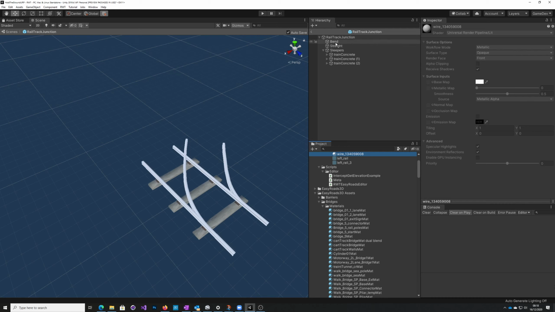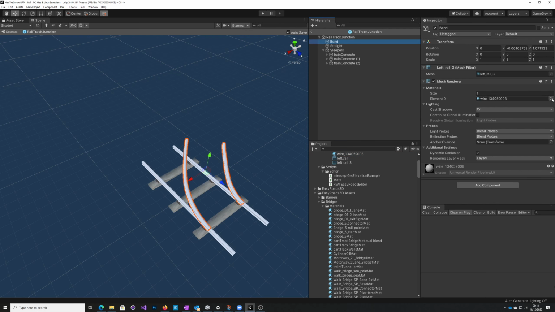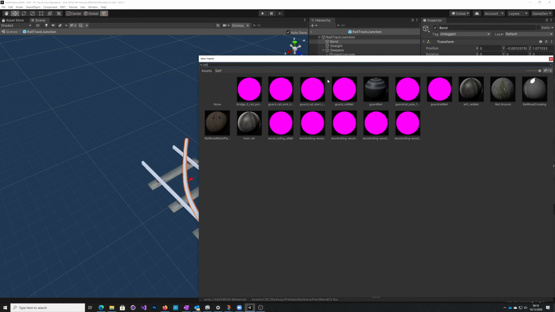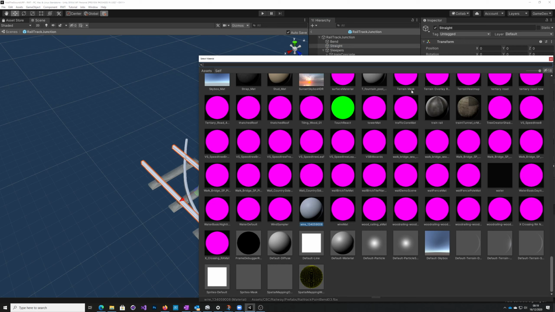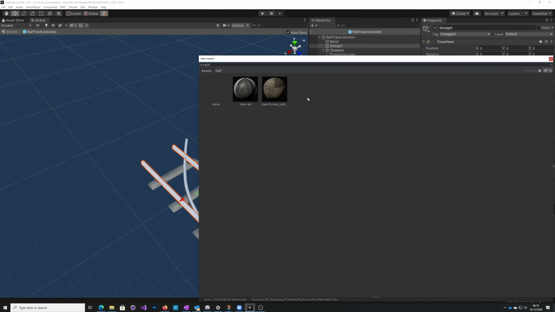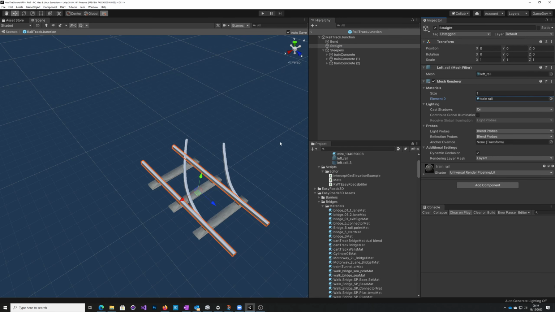I'm wondering whether I should make this rail actually rather than wire, make it a bit more consistent. I think I'll do that. Rail. Train rail. I think we'll go with that. Same here. Train rail. Okay. Give them the same rail materials. Okay. So we've got our sleepers there, and I probably want a sleeper